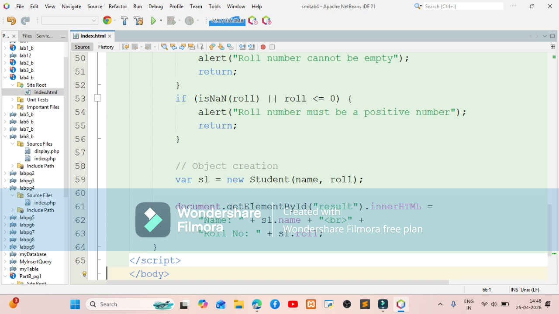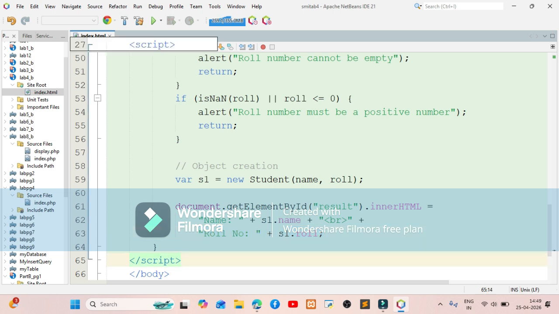So the moment I say DOM method, what do you understand? document.getElementById. Here we are using getElementById. What was the ID? Result. Now inside the HTML element, we want to display something. So for that we use .innerHTML. What do you want to display? We want to display the message name as well as the property s1.name. Similarly, we want to display the message roll_no as well as the property s1.roll_no. And here the script ends.